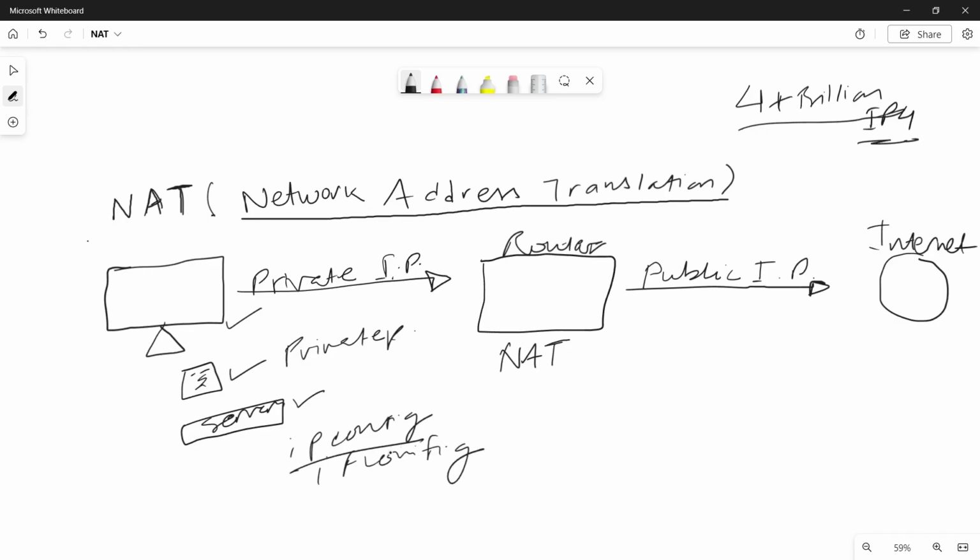So you can check there that it starts with 192.168.1 point something something. So this private IP address is converted into a public IP address with the help of NAT,